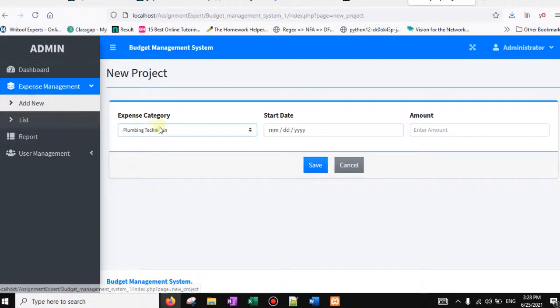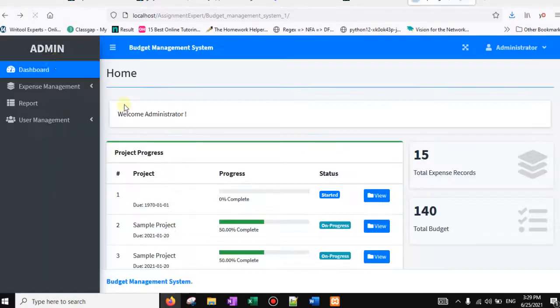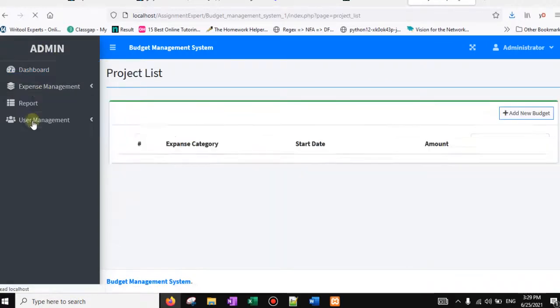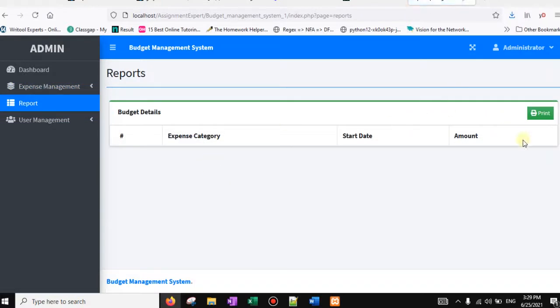Here, after adding this, we will enter the required data and save this. Again we can see the list. After adding this, all the data should come here, and this is the report of every data.